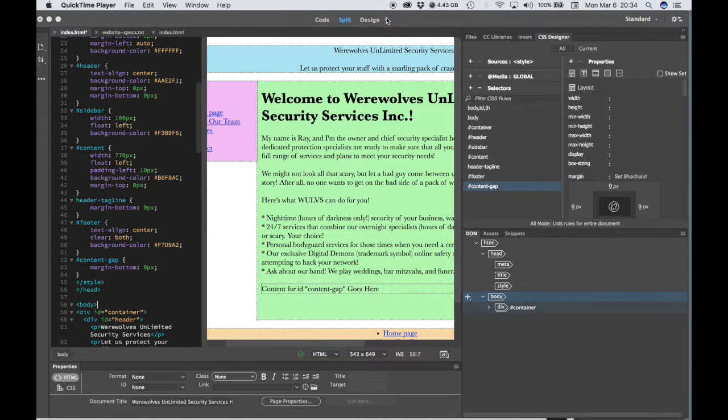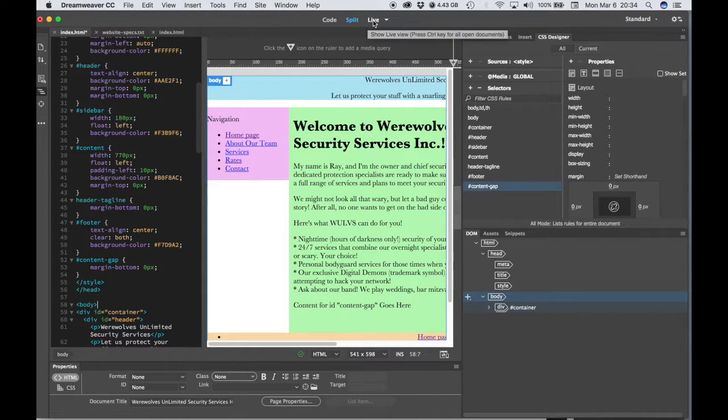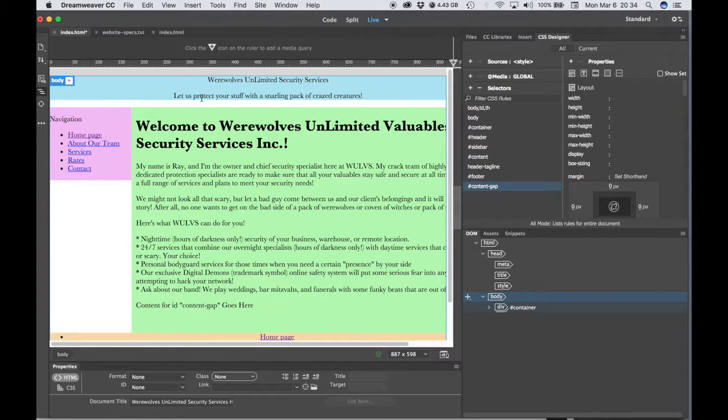Okay, let's go over into live view. So let's choose live, and let's make that our entire area here. And we notice that we have a gap between the header area and the content area. So we're going to fix that. Let's select our Werewolves Unlimited Security Services text, and in the ID field of the property window, let's type in header-name,